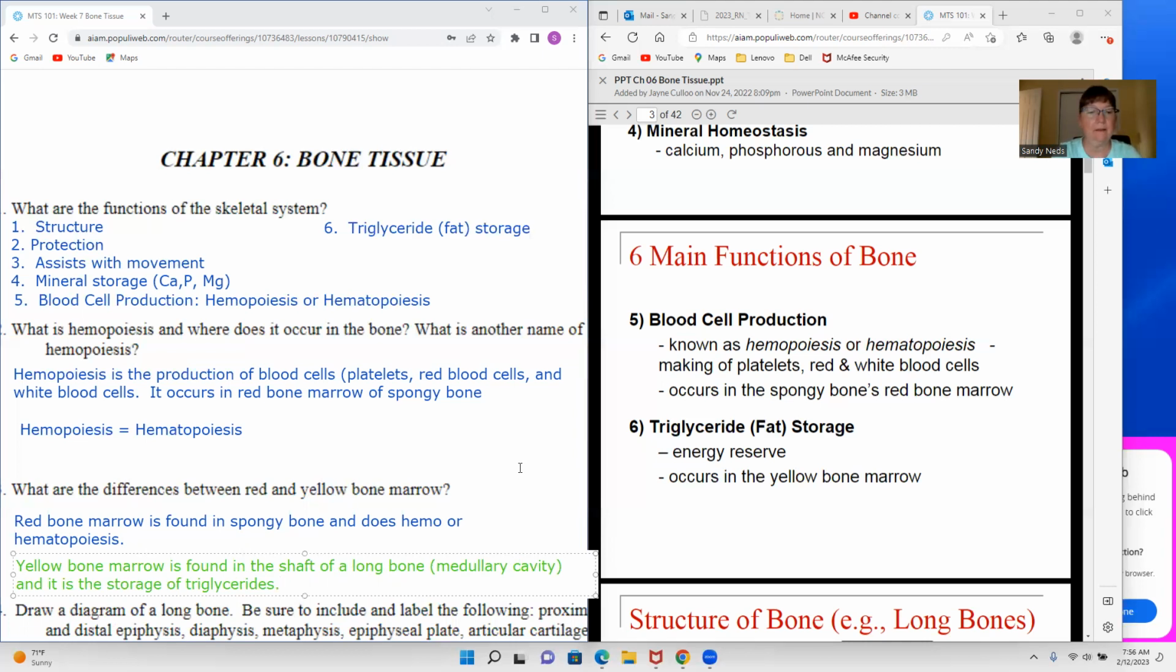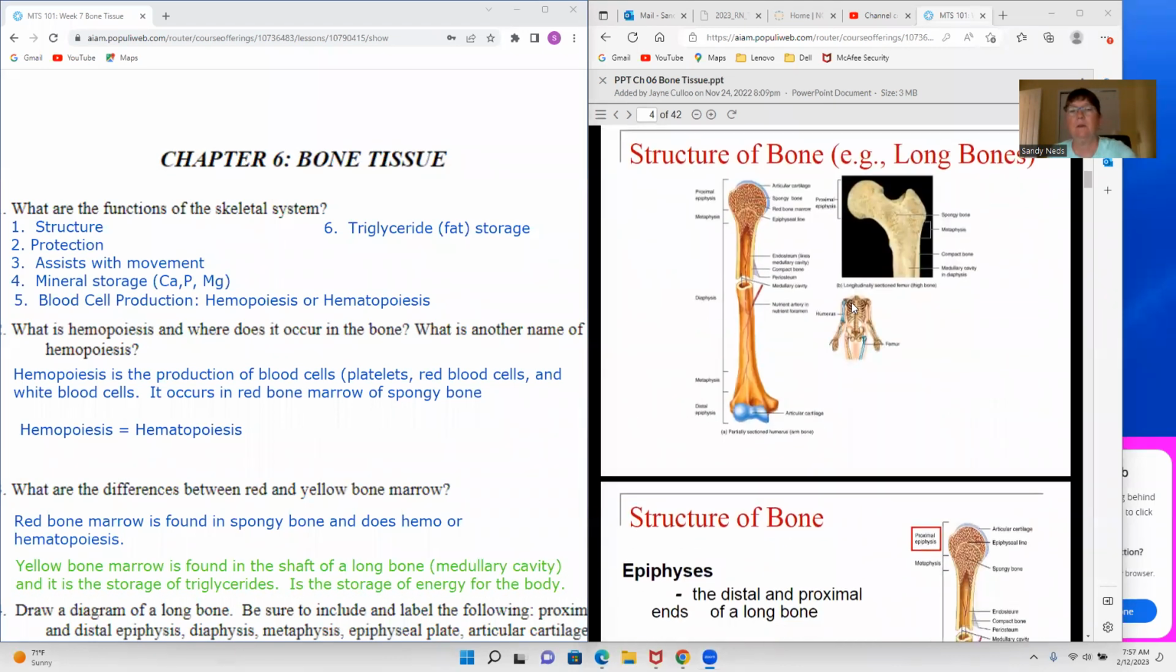So we should say that triglycerides is a storage of energy for the body. All right, so now we know the difference between red bone marrow and yellow bone marrow, and triglycerides versus homeostasis. All right, I'll give you a little time to write that out, and that takes us then to this